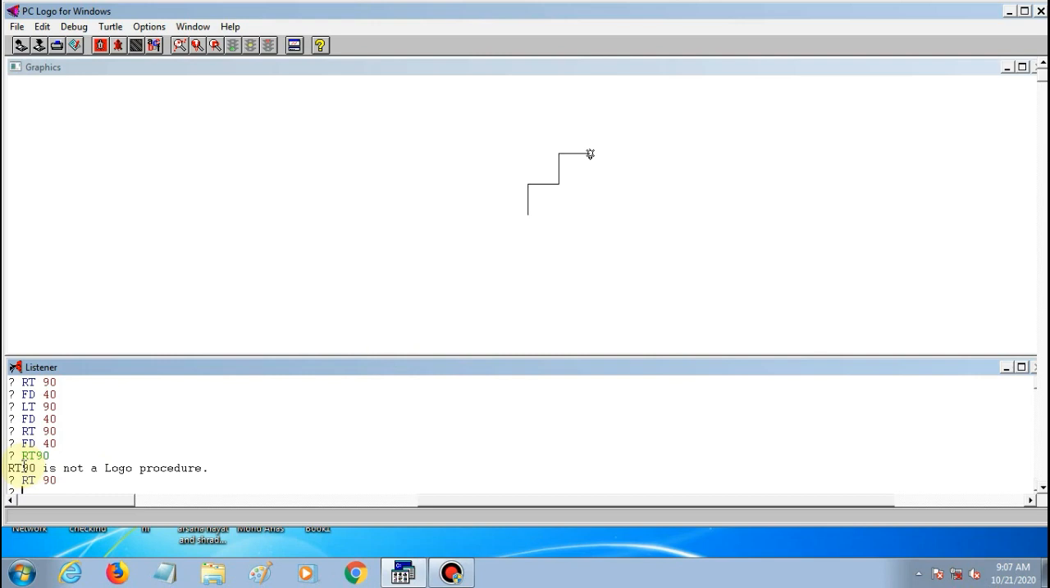See here, I did not give space, that's why it is showing error. RT90 is not a logo procedure. So it is very important that you should give a single space between a command and this value. Okay, otherwise it will show error. And again FD 40,